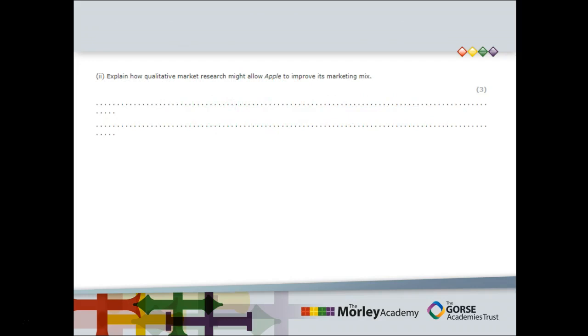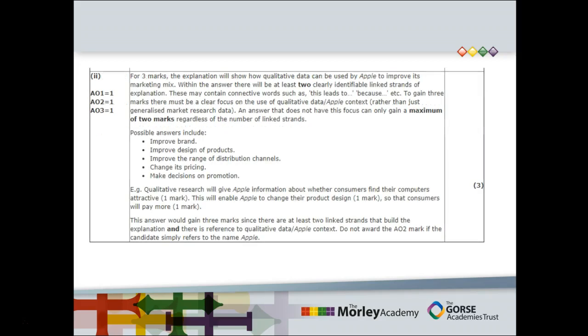Explain how qualitative market research might allow Apple to change its marketing mix. Keywords here being qualitative, Apple and marketing mix. If you want to pause the video, have a little go and then have a look at the answer. So if we come straight down here, this is what one answer would look like, but we can have any of the answers here. This answer, which is given by the exam board, is that if we've done qualitative research,